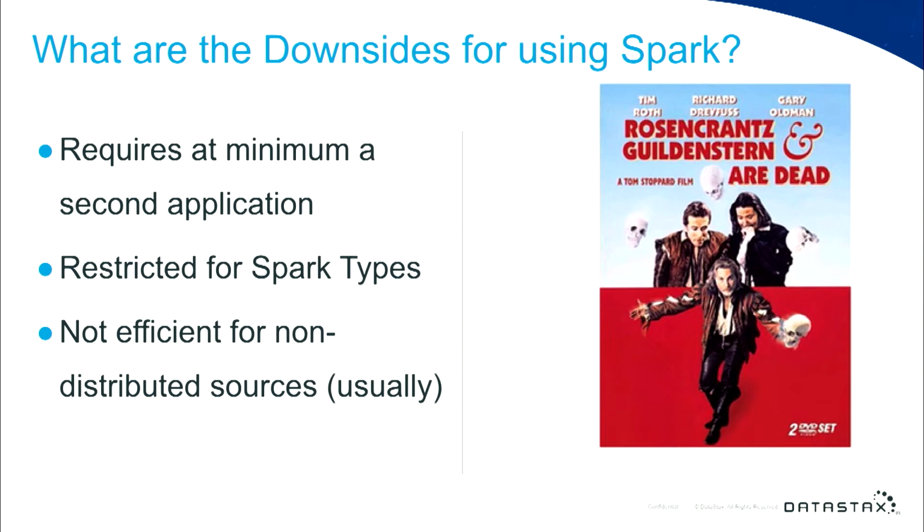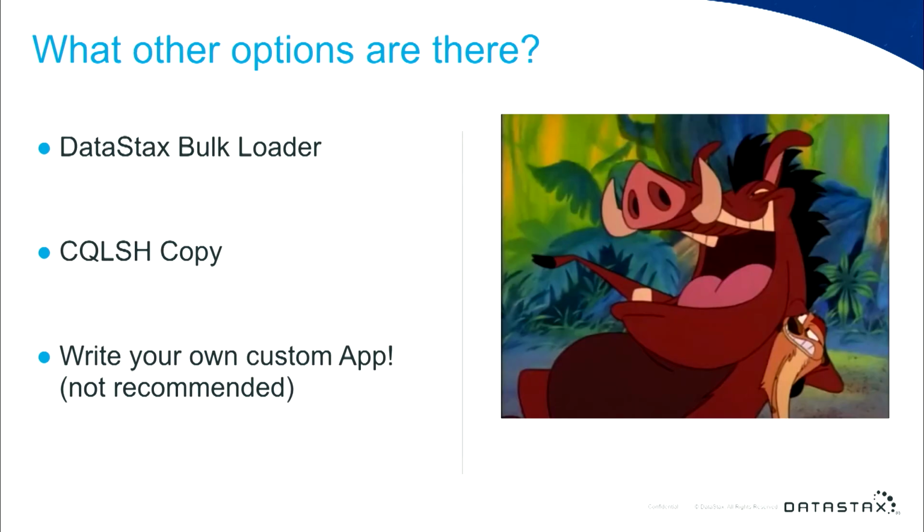So you do have a little bit of loss of value when you take certain database or vendor-specific types and move them into Spark. And again, it's usually not that efficient for non-distributed sources. So the readers for things like MySQL tend to not be as well built or as efficient as the readers for things like Cassandra or MongoDB, which are natively already distributed. So reading from multiple clients to multiple servers is already kind of implicit.